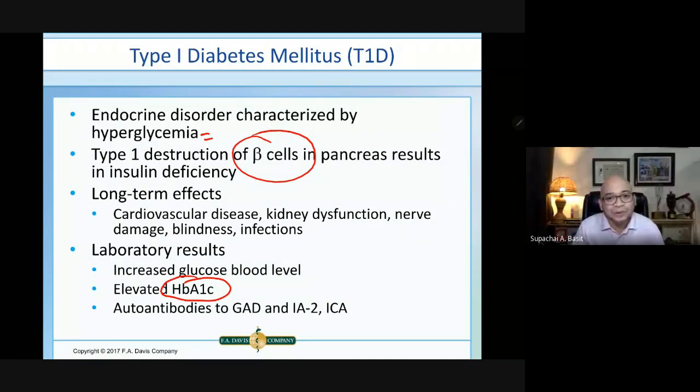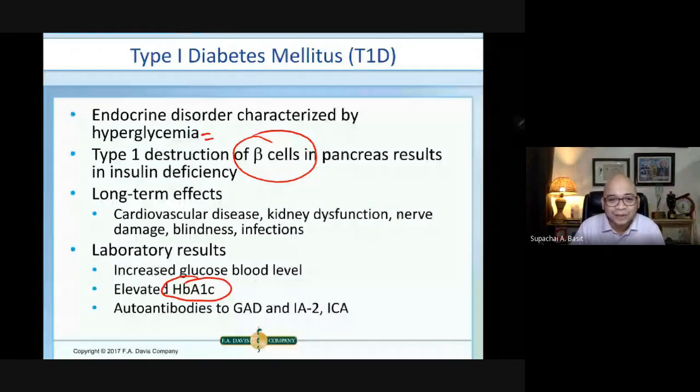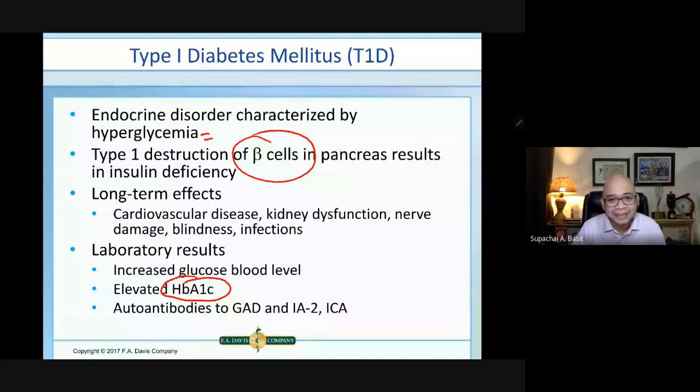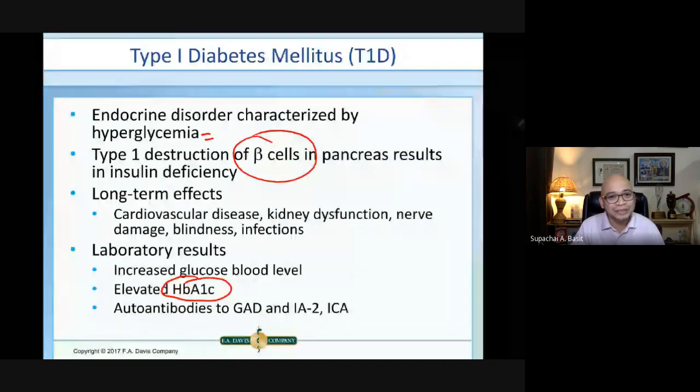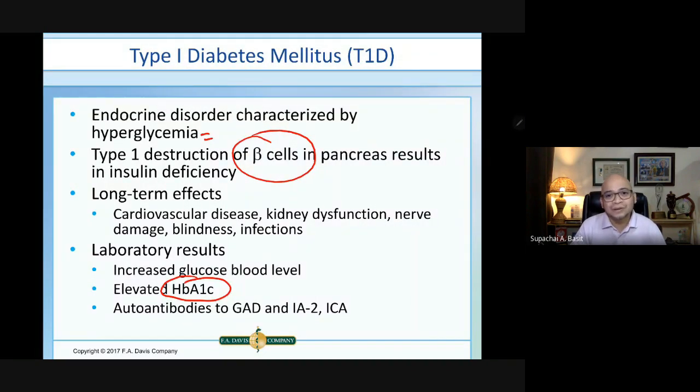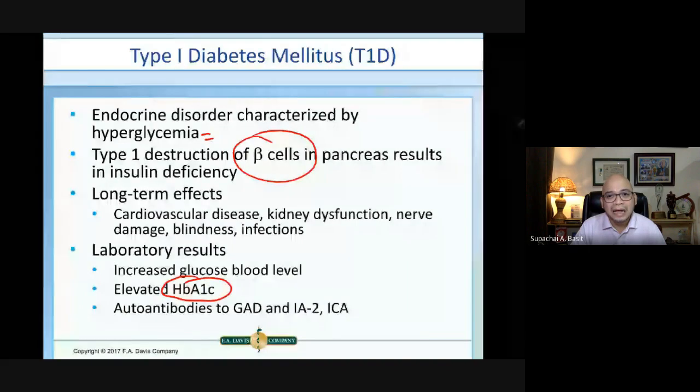Okay, so HbA1c stands for glycosylated hemoglobin. So why is it important? Glycosylated hemoglobin is actually used to monitor long-term glucose concentration for about 2 to 3 months. Okay. Now, as I've told you,